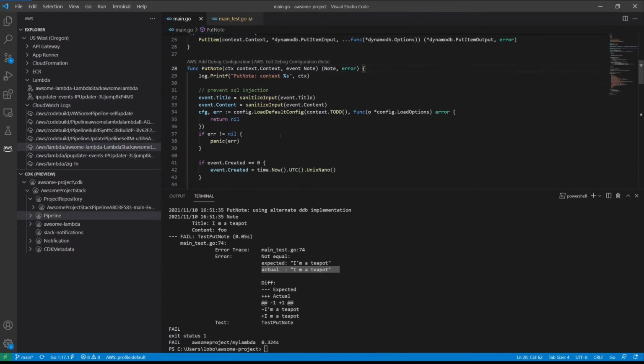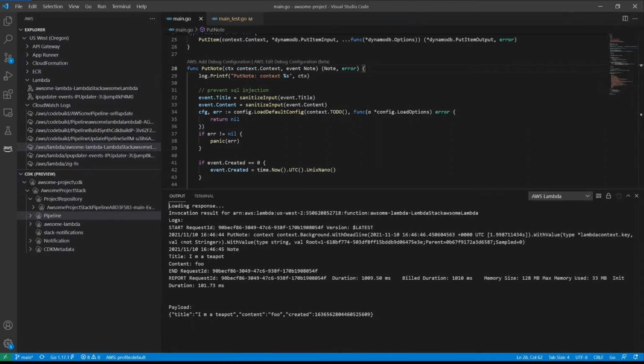You can see from the AWS toolkit for VS Code, we have a number of logging statements that show up in here. The first one is the context that was passed in. You can see that being printed out here just with a log.Printf function call. Anything that is sent to standard output is reflected in the AWS Lambda logs. So this log.Printf is simply outputting the context to standard out, and then we'll see that show up in the logs.